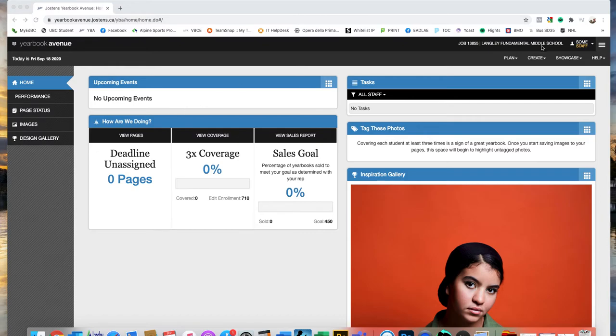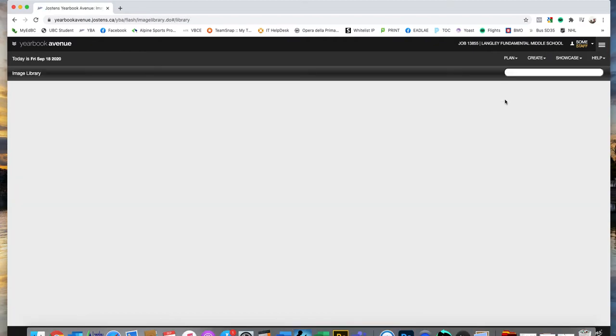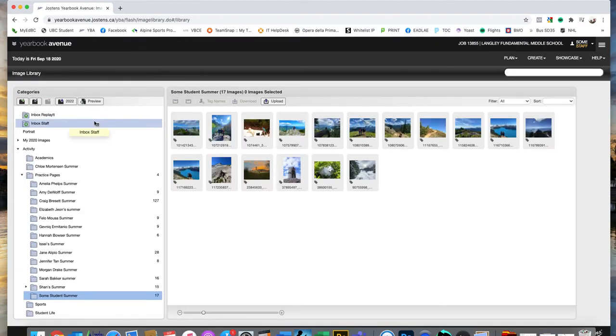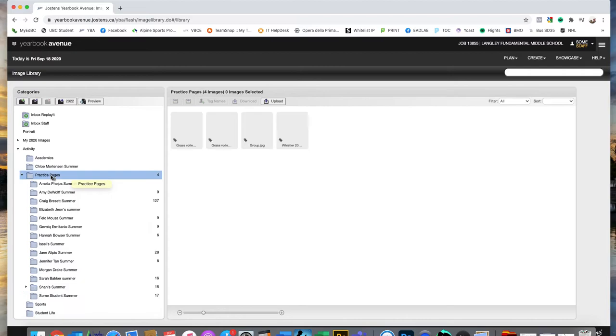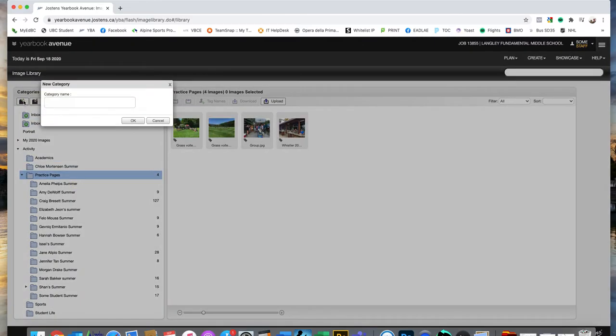So, first thing that you're going to do is go to Create and Image Library. And you're going to, and I see a bunch of you already have, that's awesome. You're going to create a folder for your photos. Oh, sorry, I'm going to go practice pages first, and then plus, and then I'm going to just call this Some Students Summer, and click OK,